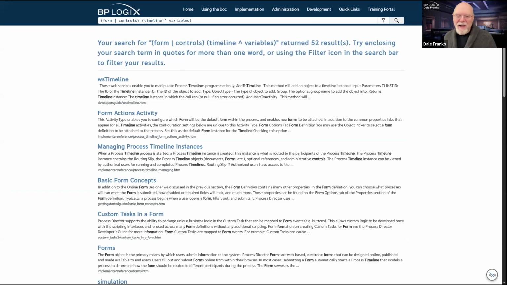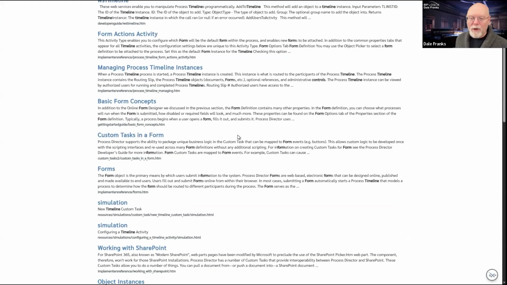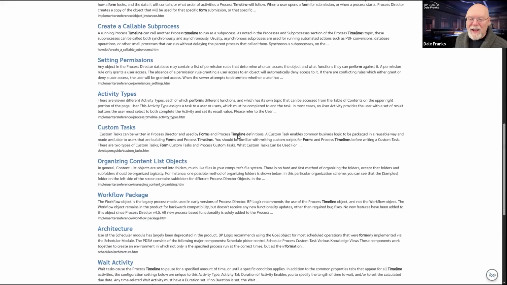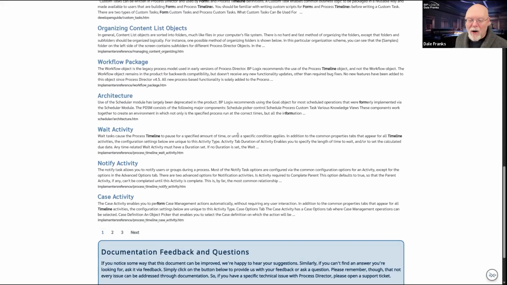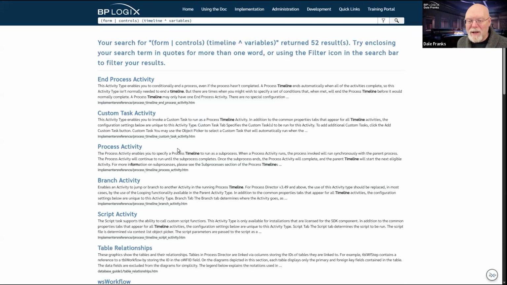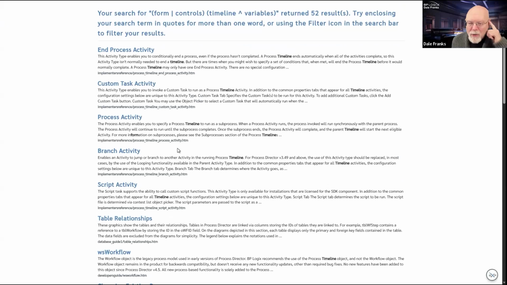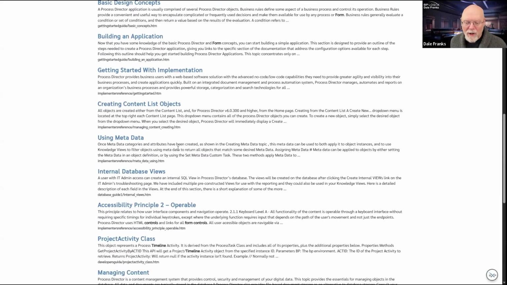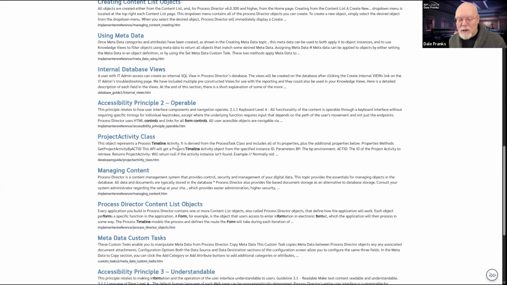And it's going to give me stuff that uses the word form, controls, or timeline, but not the word variables. So if I go down here, one thing that is missing are any of the system variable topics. And there are a bunch of system variables for forms and for timelines. And yet they're not showing up here. And the reason they're not showing up here is because all of them use the word variable. So therefore, those have been excluded from the search.